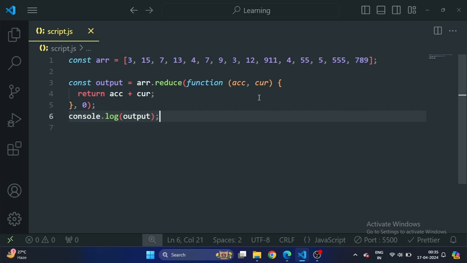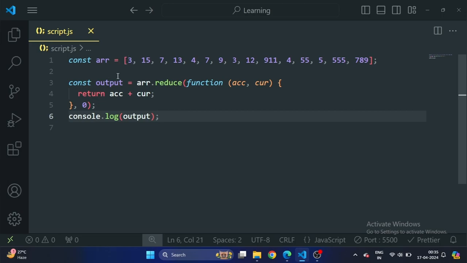So accumulator holds the value which is being processed in the iteration process, and current value represents the values which are stored in the array. Like this is our initial value and this is our current value.